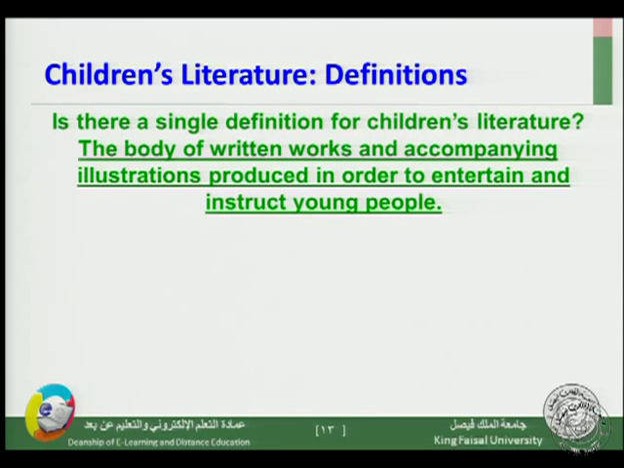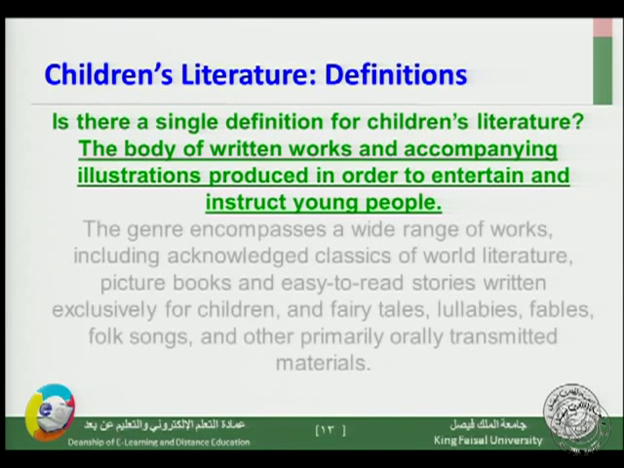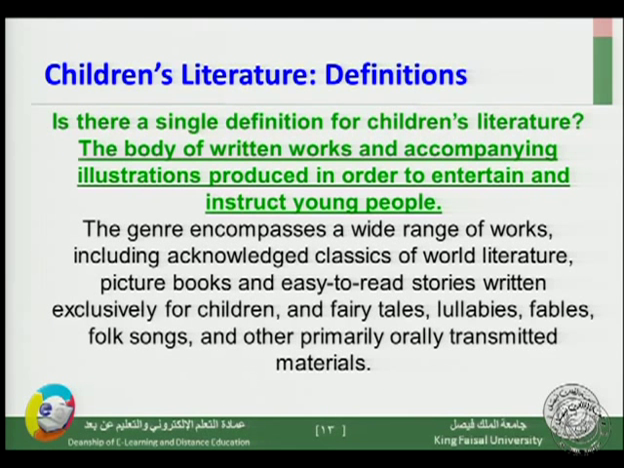One of the definitions of children's literature is that it is the body of written works and accompanying illustrations produced in order to entertain and instruct young people. Study that definition, please. Is it drama, or is it poetry, or is it children's literature? Children's literature. The genre encompasses a wide range of works, including acknowledged classics of world literature, picture books, and easy-to-read